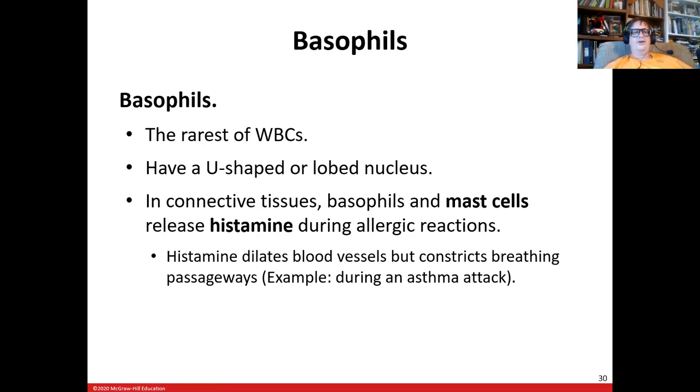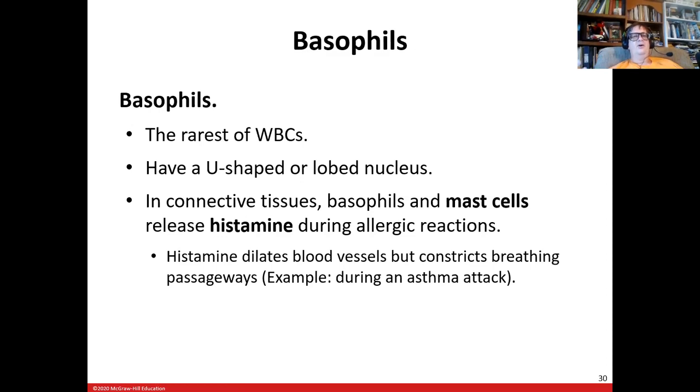Okay, so basophils, they're the rarest. They're really uncommon. They have a U-shaped nucleus most of the time. They're found in connective tissues, and they release histamine during allergic reactions. You're probably familiar with that from hearing about, oh, my nose is runny, I'm taking an antihistamine